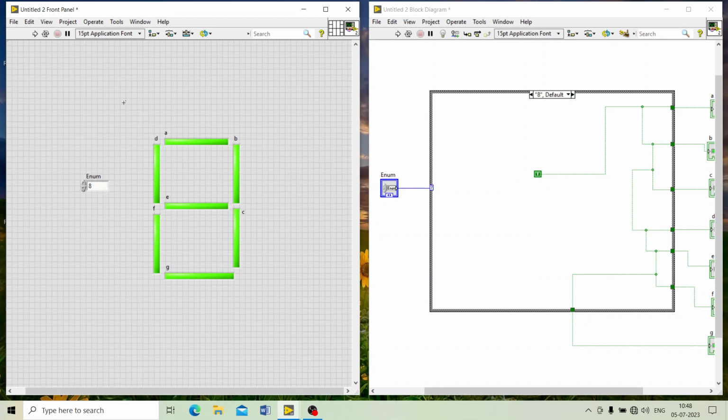Or you can also consider an ATM machine. The first case will be insert the ATM card, then enter your pin and then enter the value. So it is a step-by-step process. You can also use case structures to perform that particular application. Okay, so this is the first example for the case structures. Now we can go for the